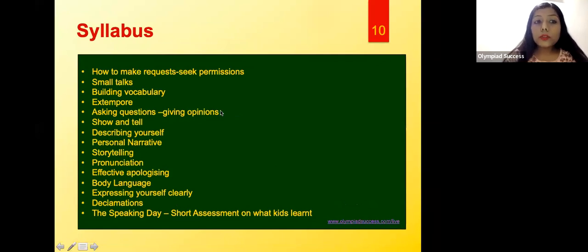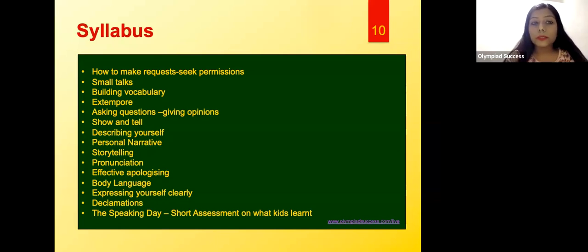The syllabus includes important and crucial things that are related to communication skills, especially speaking skill: how to make a request, how to seek permission, how to speak your mind, how to make small talk with people suddenly when you are put into a particular situation, how to build up vocabulary which is age and grade appropriate, how to present your ideas without prior preparation,